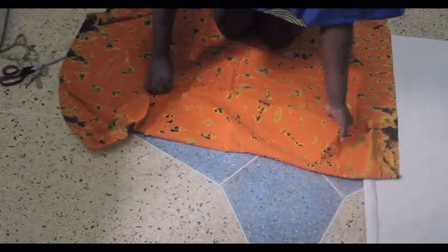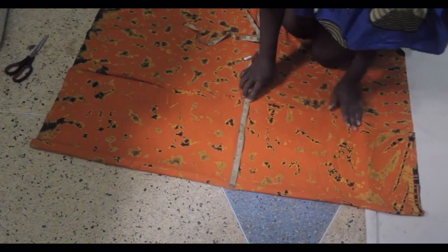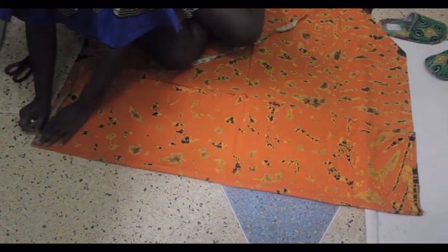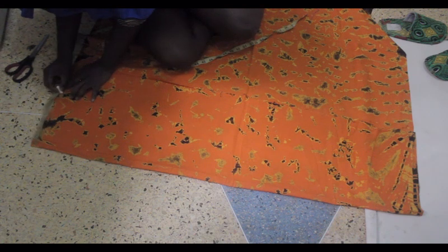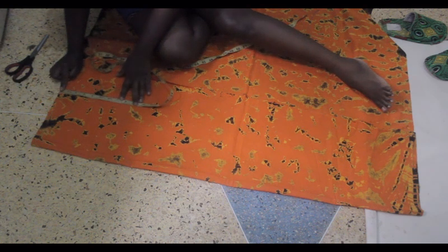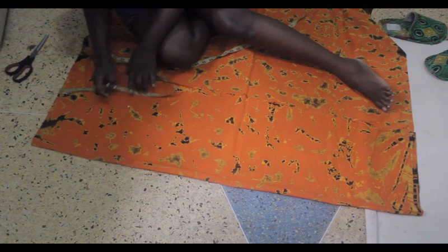So first thing, I'm folding it in. It's like 11 inches folded because of my hips. I don't want to waste any fabric, so my hip measurement will be accounted for with the 11 inch fold. So the first measurement is the shoulder, that's 7.5, half shoulder, then going down 9 inches for the